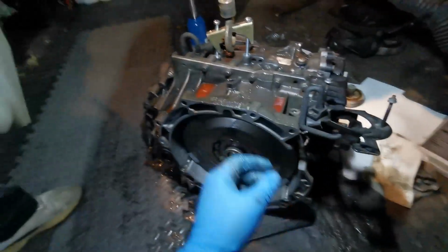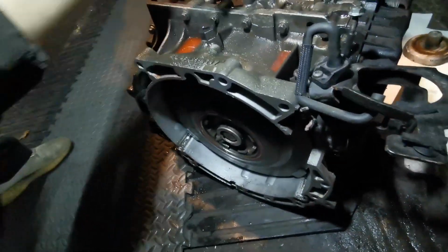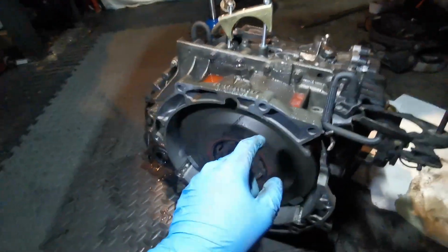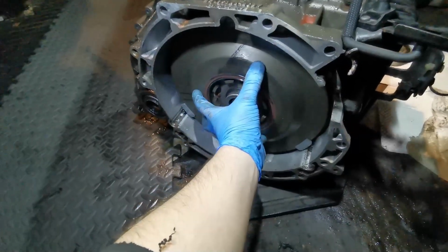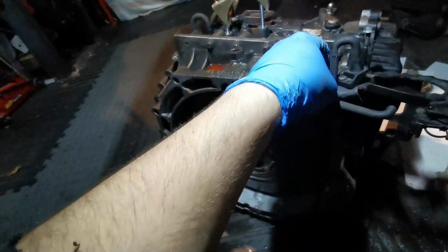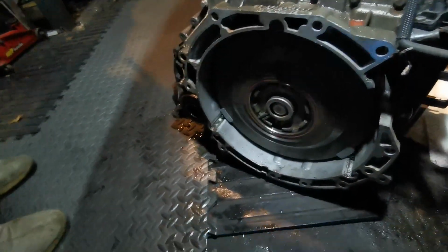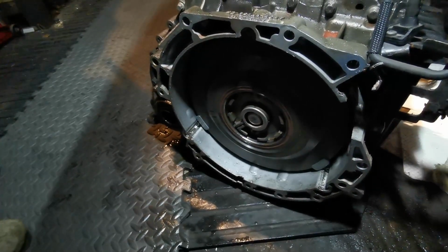I'll show you later. This is actually interesting. You block a couple of the holes in the gearbox and you use one to inflate the inside of the gearbox with air, and this cover pops off. I did that last time with a C-Max and it whacked my hand. I didn't feel it for like 2 days. But I've put like 3 bars of air inside the...